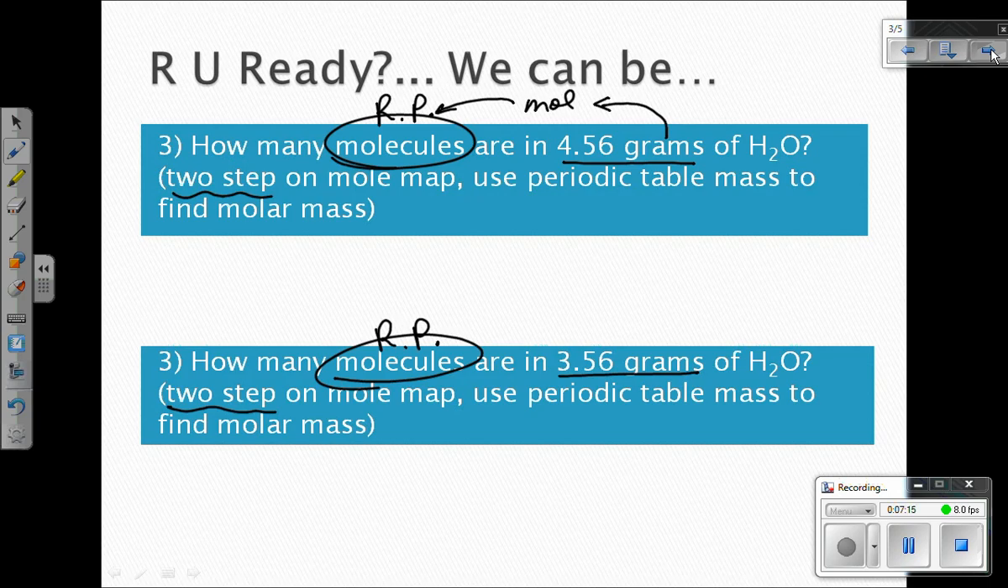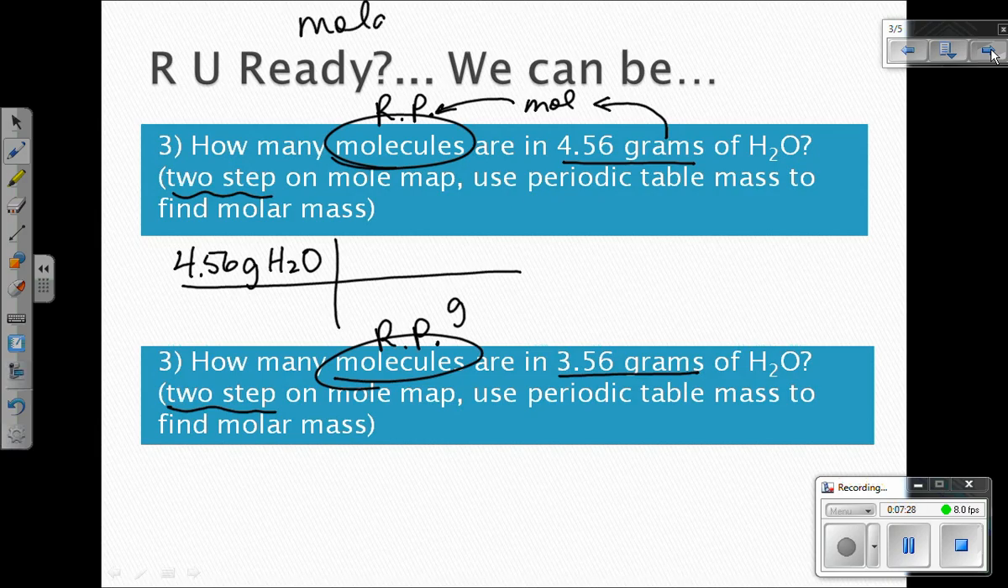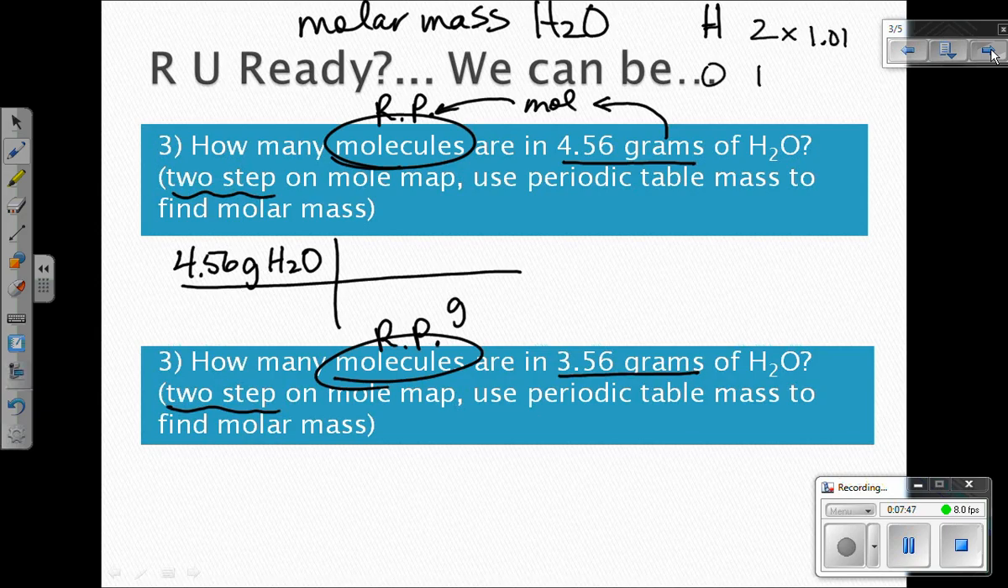Okay, so we're going to start with our 4.56 grams of H2O. Well, in order to get grams to cancel out, we have to find what's called the molar mass of H2O. So we have an H, and we have two of them, and we have an O, and we have one of them. When we look up the mass off the periodic table for hydrogen, and we round it to two numbers after the decimal, it is 1.01. And when we round the oxygen, it becomes